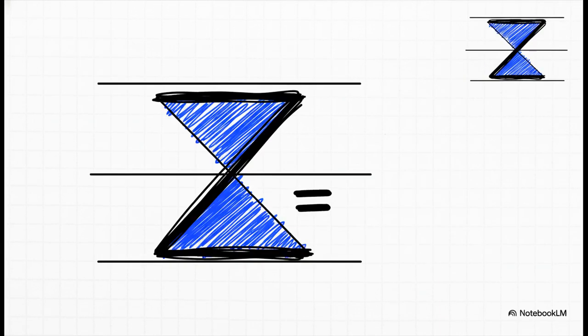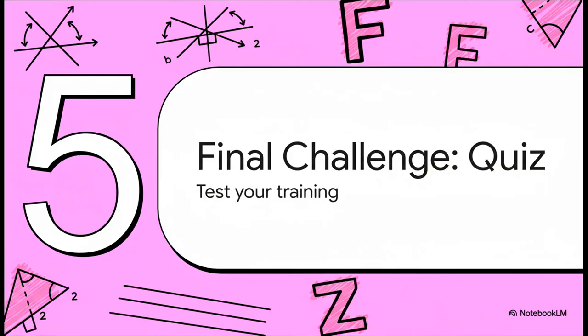And the other secret weapon? It's the Z shape. Just like the F, it can be forwards or backwards. The angles that get tucked into the inner corners of that Z are called alternate interior angles. And guess what? They are also always equal. Remember F and Z, and you'll be unstoppable. You have trained hard. You have learned the moves. And now, it's time for the final challenge. Let's put all this new knowledge to the